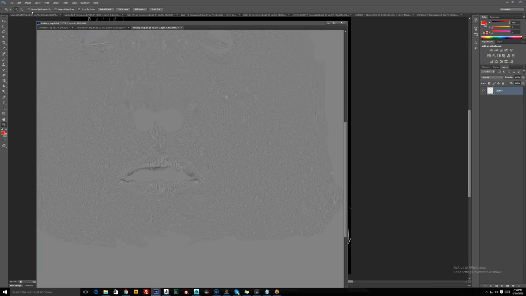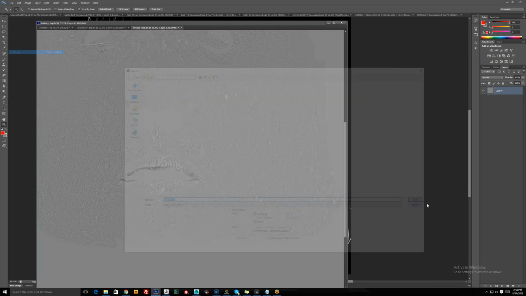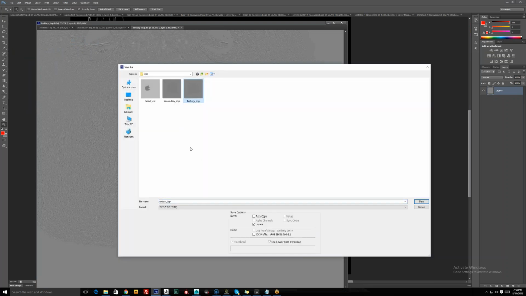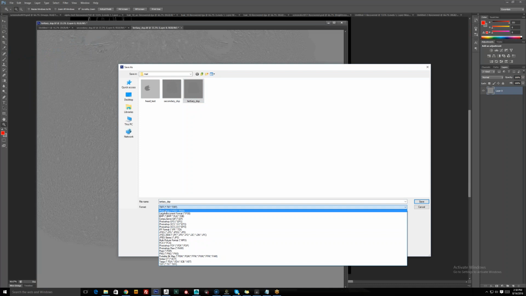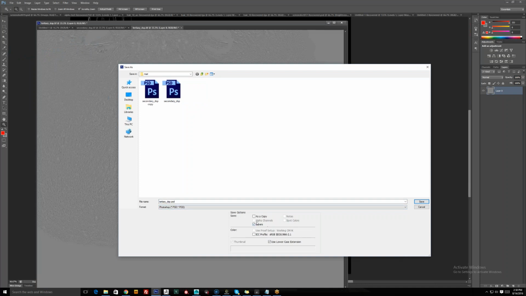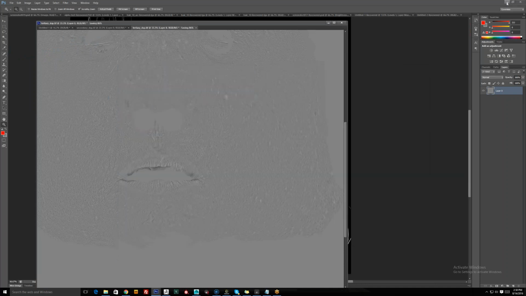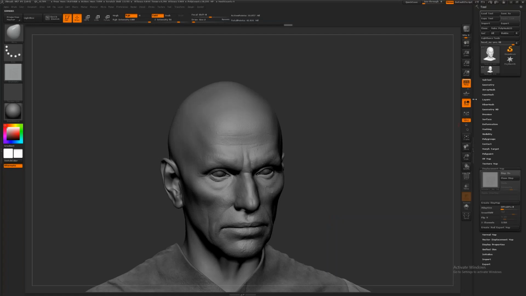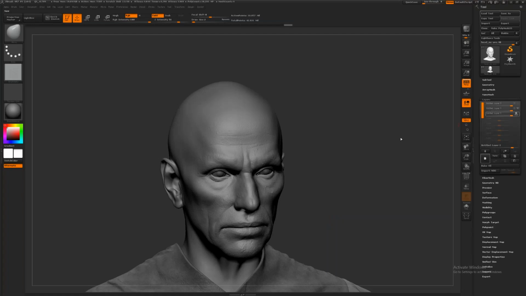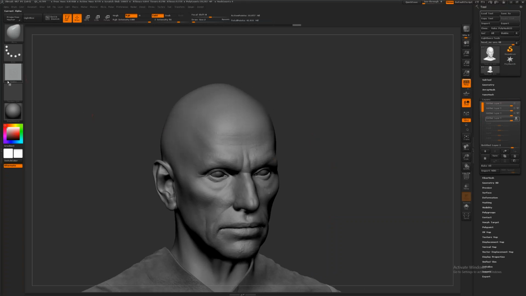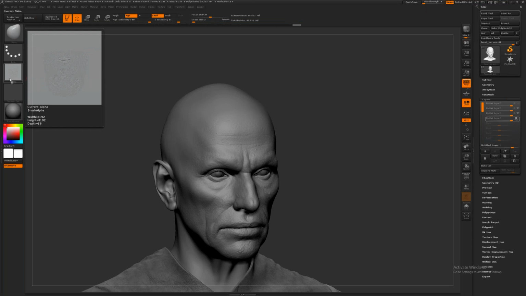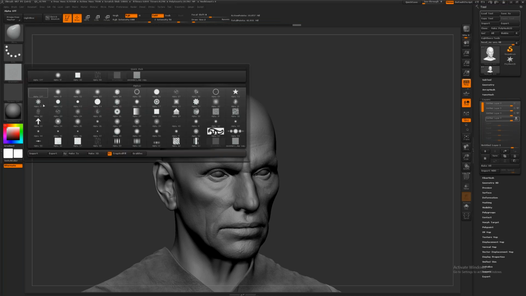Mode 8-bit. Don't need no layers. All right, so it's saved, and now we can go back in here, make another new layer. And this is not something you have to do. I'm just saying this is something that you could do if you wanted to get some more details in there. I already feel like the details are pretty strong, but let's go in here and do a